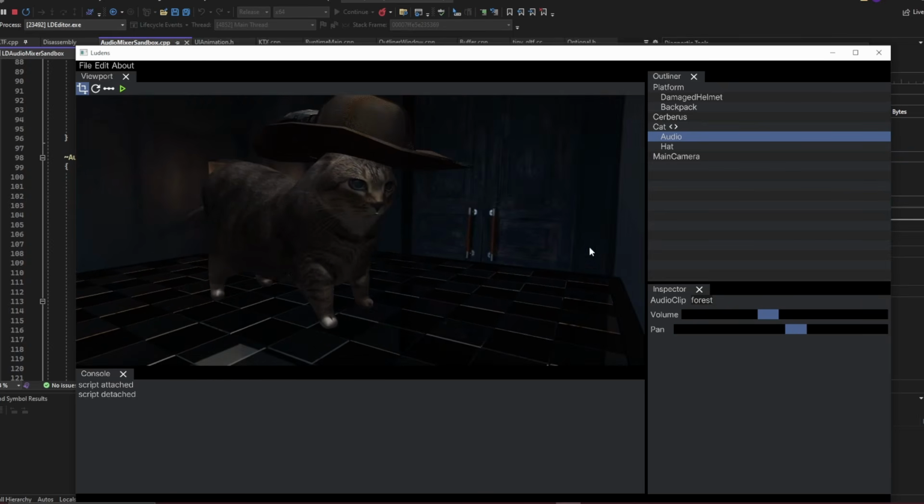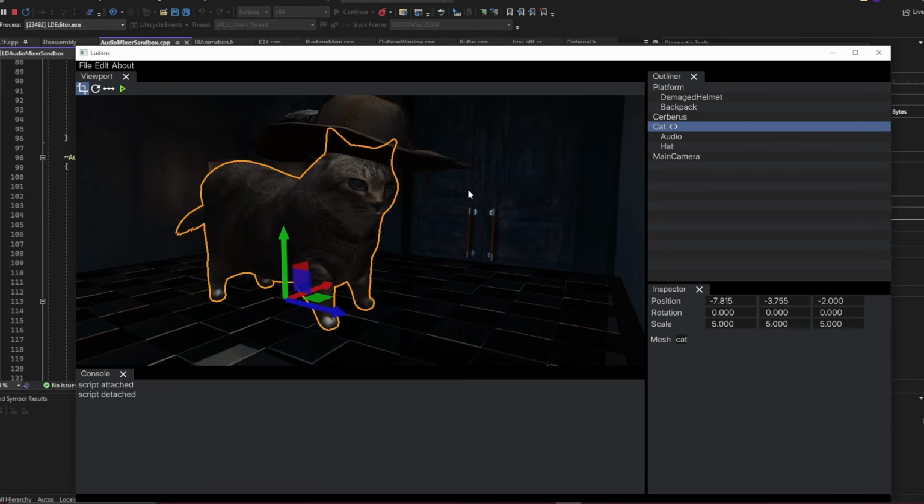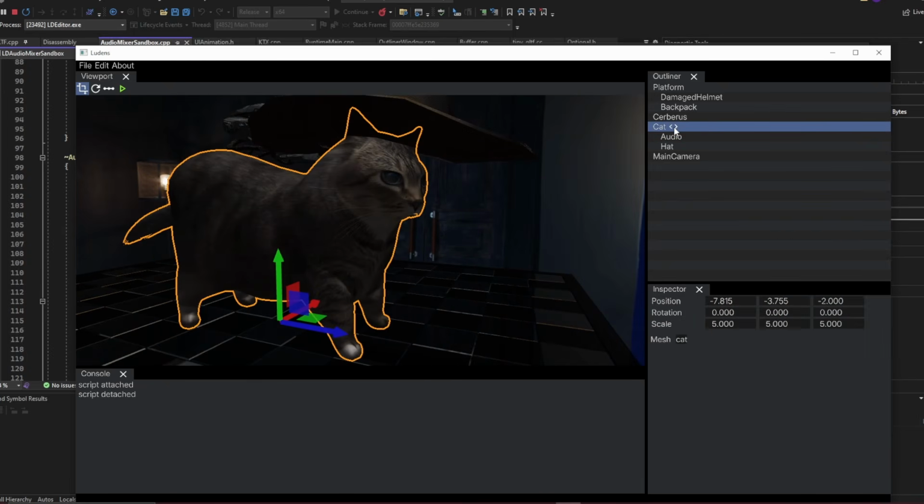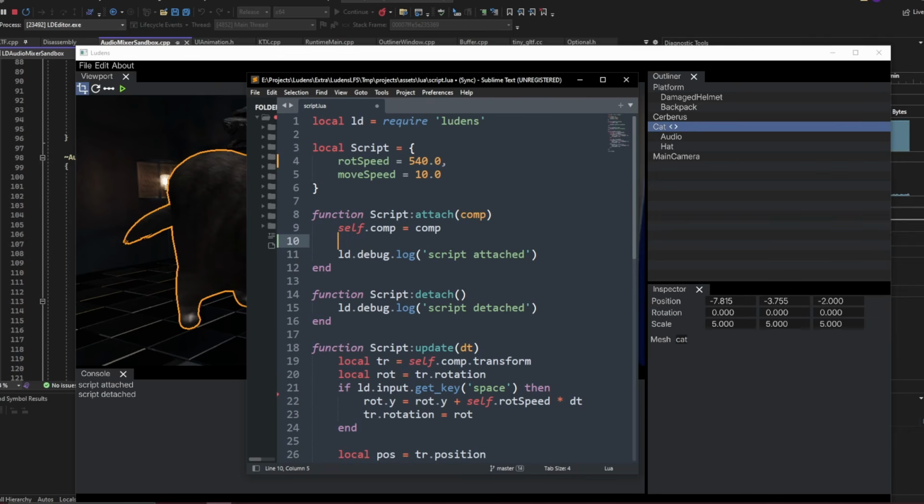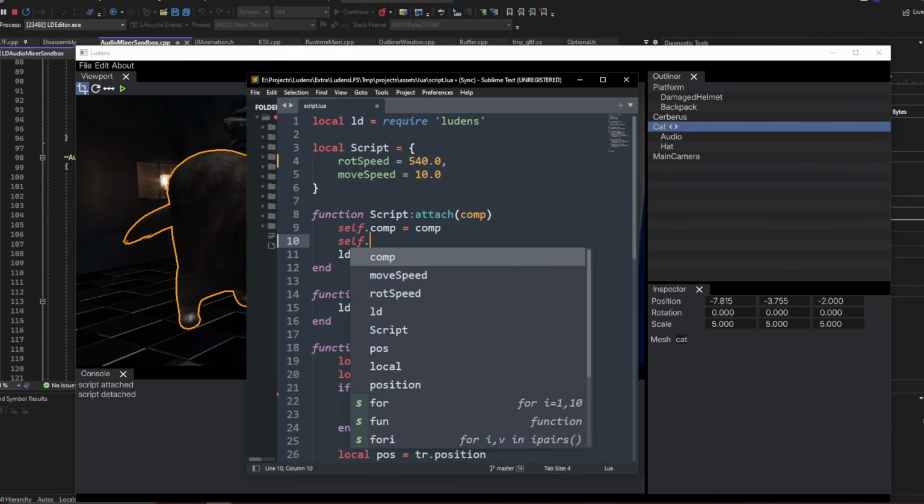We could write a script to control the audio component directly, but it's more common to control the audio source from its parent, which in this case is the cat. So let's extend the cat script. When the scene starts and the script is being attached to the cat mesh component, we can also do stuff like finding the child components. So in this case, we can grab a reference